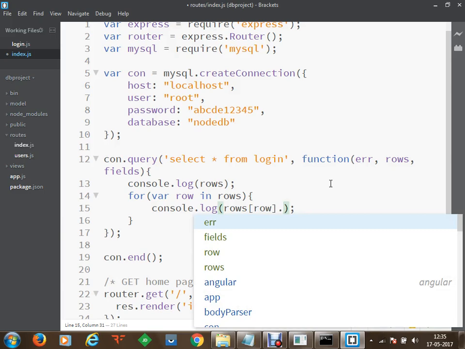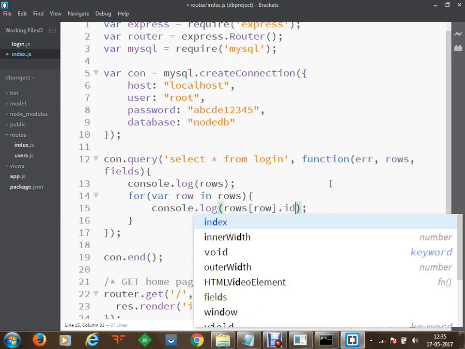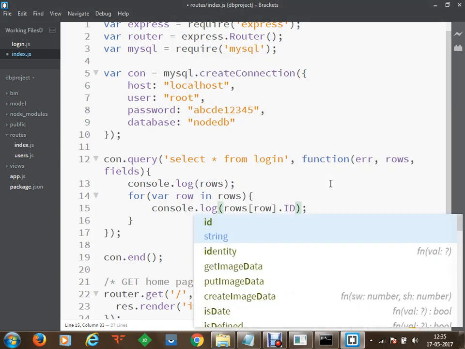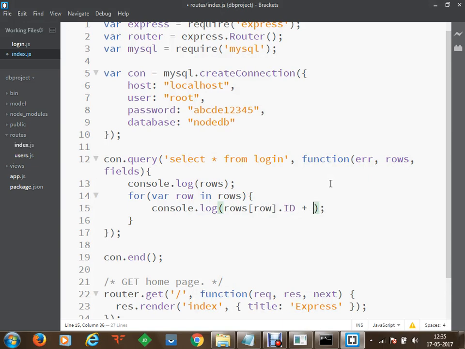Let's say if I want to access ID, we have the following information: ID, username and password. So let's say I'm going to get the ID, and I'm going to concatenate that with, let's just do a little concatenation.